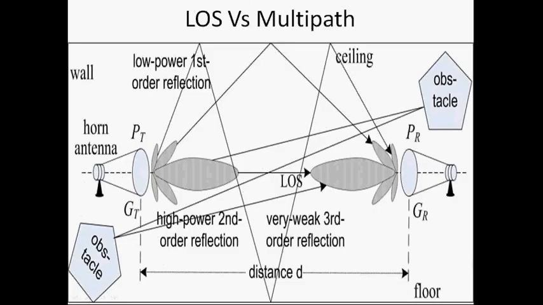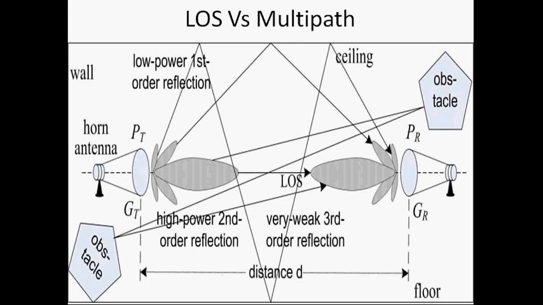Now coming to the line of sight versus multiple path. Generally, if there is more directivity, there is a chance of getting the line of sight, but in reality it is too difficult to get the line of sight. Always the transmitted signal is going to get some sort of reflections or scatterings. Because of this, there is a chance of getting multiple paths. Whenever there are multiple paths, the signal is going to get some fading problems.